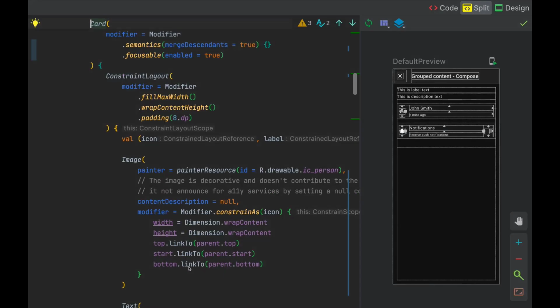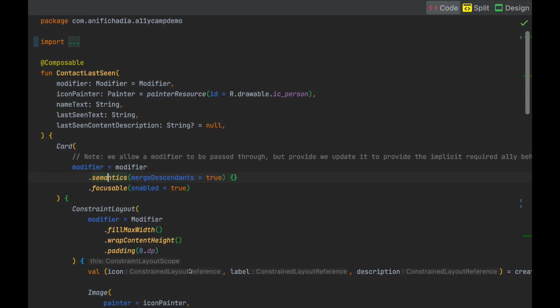One of the nice things about Compose is that your UI is actually described by code. And because it is code, that means you can lift and shift it and move it around as you need. To make this into a proper reusable component, we're just going to go back to the card and all of the constraint layout and the images and the text labels for everything, and we're just going to pull that into its own composable function. That way, instead of it being in one spot and then copied and pasted a bunch of times, it is now in a reusable spot.